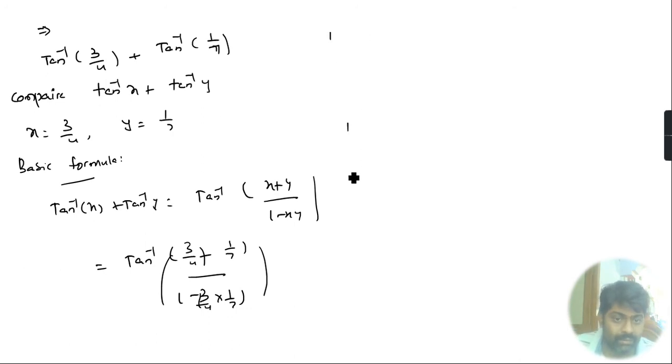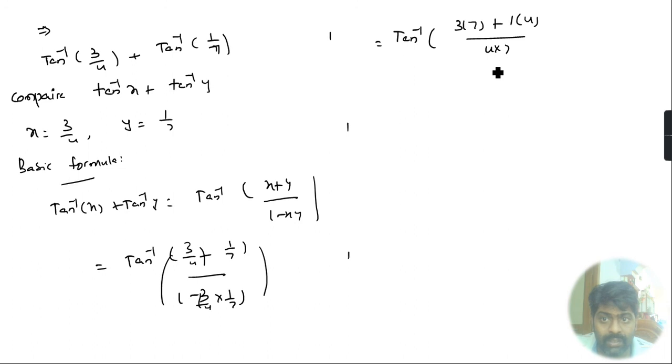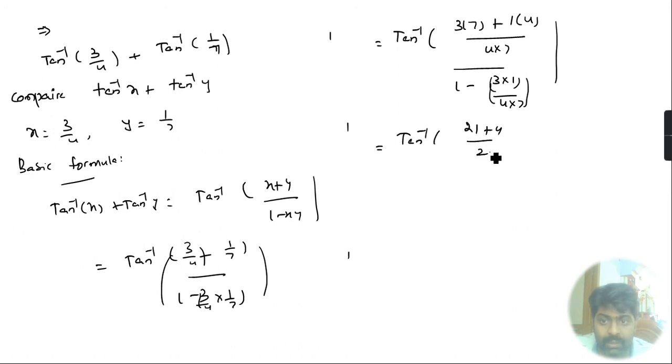So that is equal to tan inverse of 3 into 7 plus 1 into 4 by 4 into 7 divided by 1 minus 3 into 1 by 4 into 7. So we get that tan inverse of 21 plus 4 by 28 by 1 minus 3 by 28, which is equal to tan inverse of 25 by 28